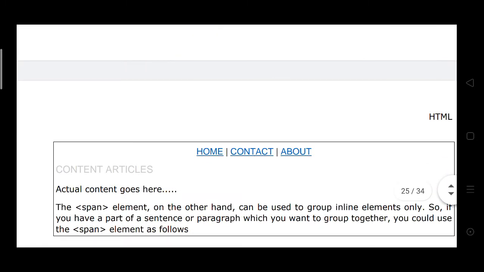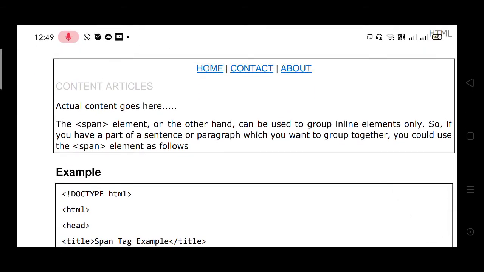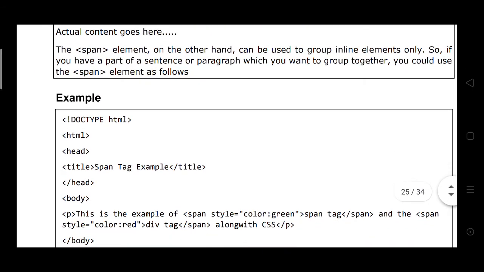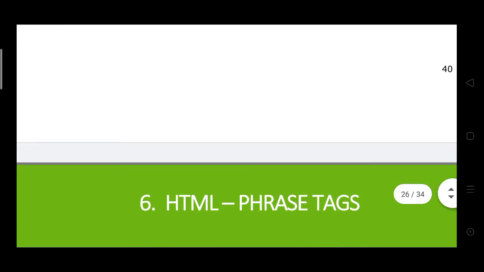Here in grouping content, you see hyperlinks also. Hyperlink examples and colors are also taken.